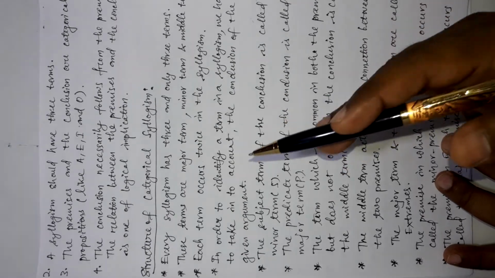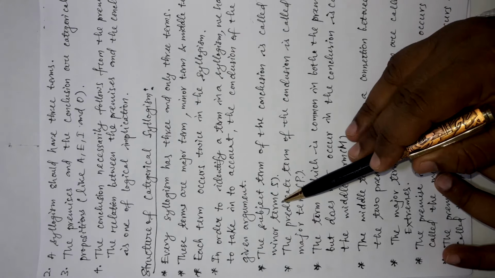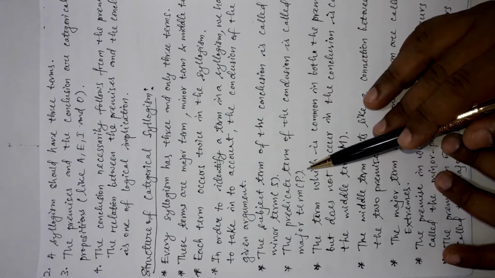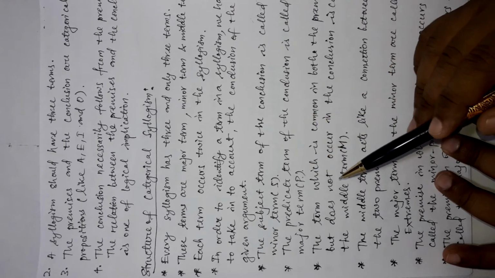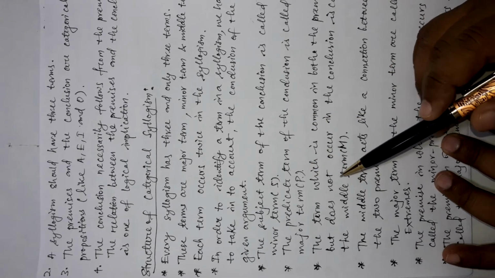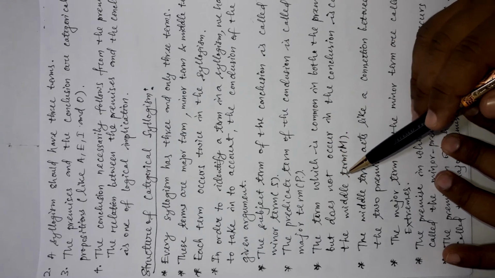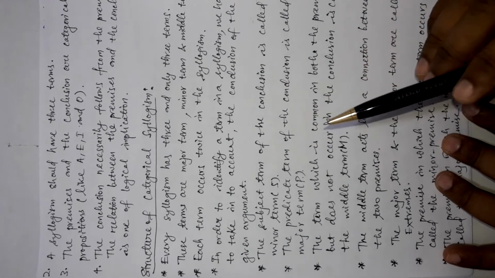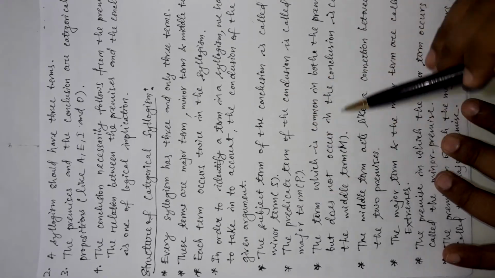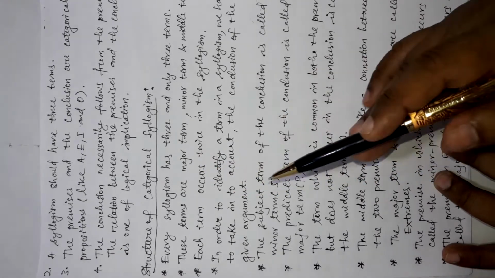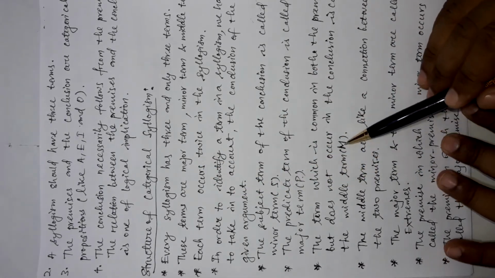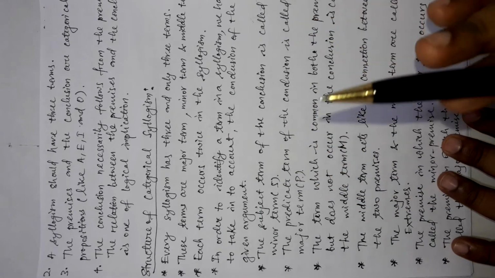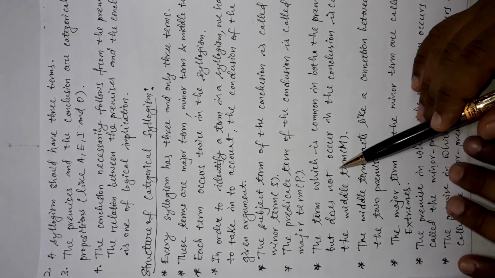We are clear in this picture that the conclusion will help us get the major and minor terms. The subject of the conclusion is the minor term, which is S. The predicate of the conclusion is the major term, which is P. And there is another term left, which is not in the conclusion, because the conclusion already contains the subject and predicate. So, the third term, which is not present in the conclusion but commonly present in both premises, is called the middle term. In this way we can identify the minor, major and middle terms in a categorical syllogism.